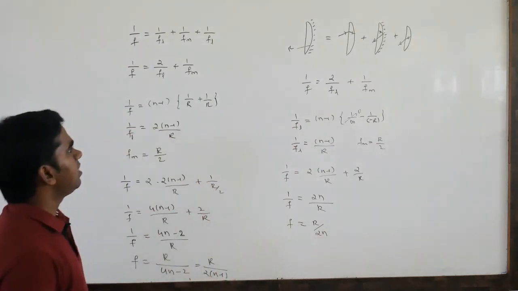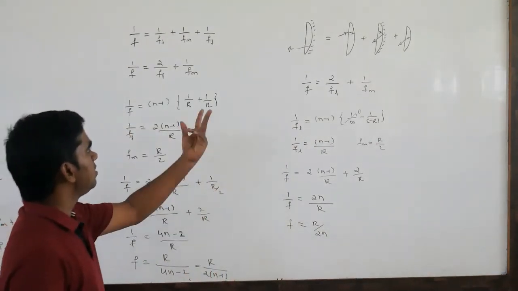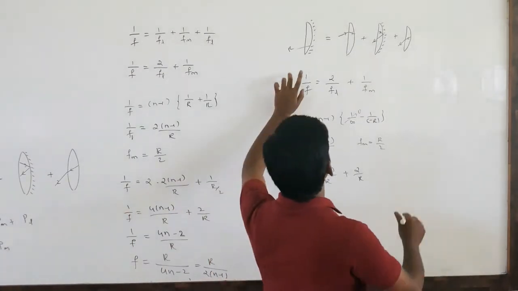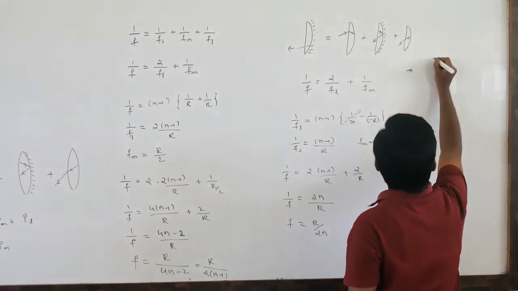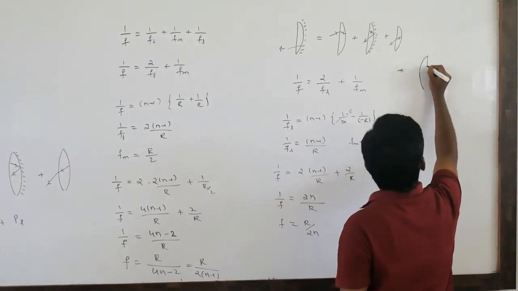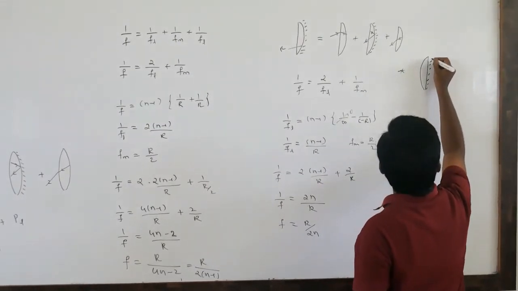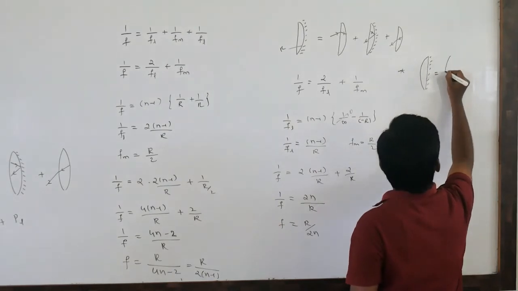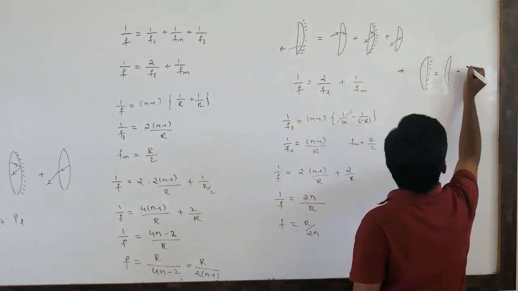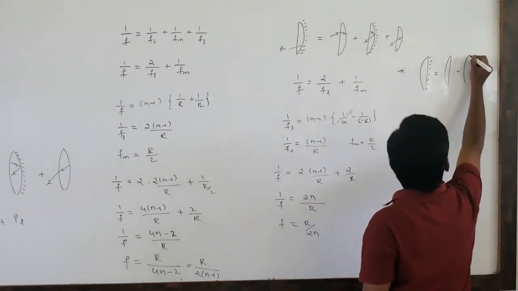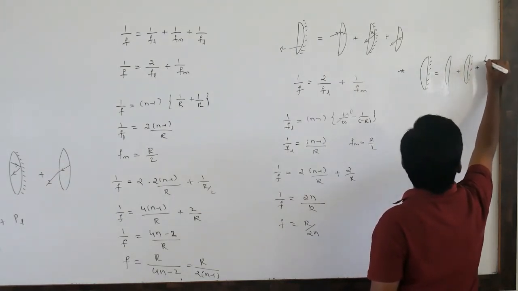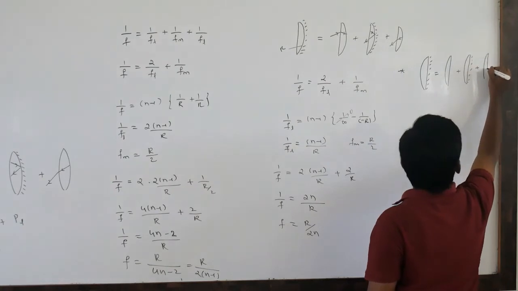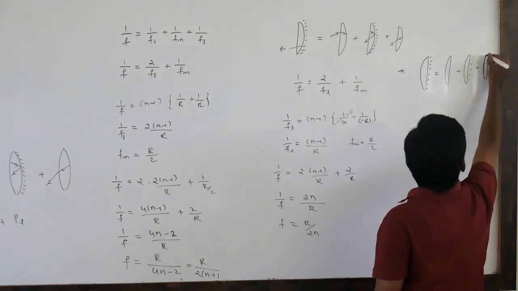Okay. Similarly, we can reverse this situation also. If I reverse it, instead of taking that one, if I take something like this, if I silver on this side, what will happen? Again one time through the lens, one time through the mirror, and again one time through the lens. Okay. So now what will happen?